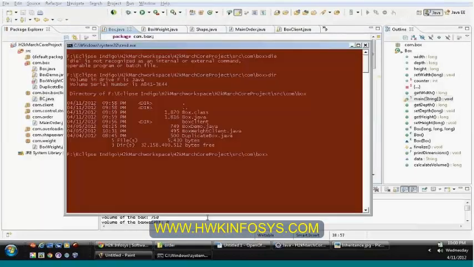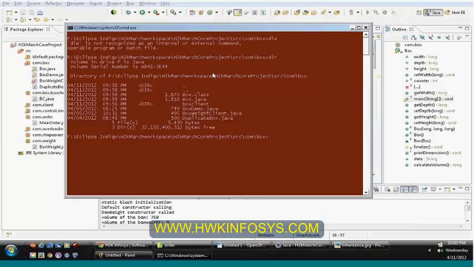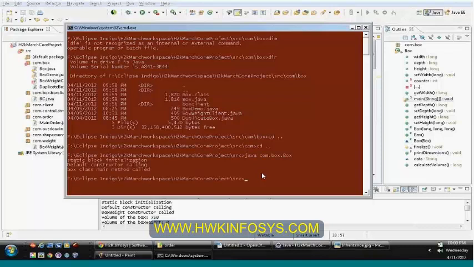Remember, when you want to execute the file, you are not supposed to be inside the folder level. You should move out of the package and then try to execute the file, com.box.box.